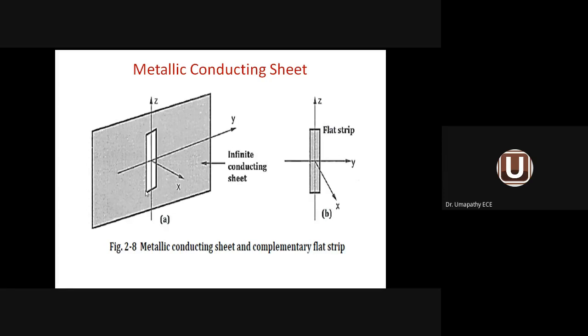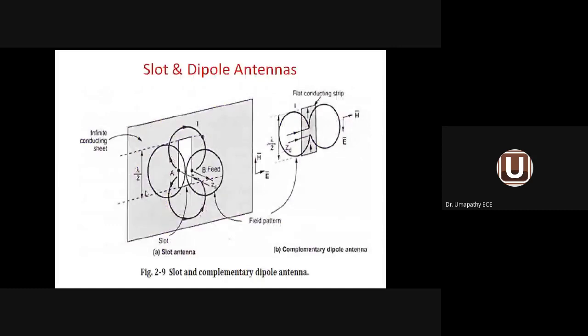Radiating electromagnetic energy into the free space. We were comparing both the antennas at one shot. This slot antenna produces the radiation pattern in the form of a figure of 8 pattern in the vertical manner. Vertical polarization is available, whereas this one, lambda by 2 dipole, is producing the same thing in horizontal polarization. As I was telling you earlier, both the antennas are complementary to each other. One will produce vertical polarization, other will produce horizontal polarization. So these two antennas are complementary to each other.